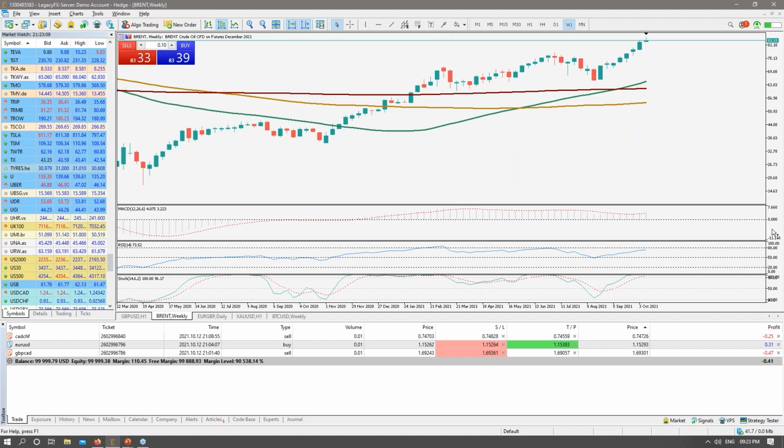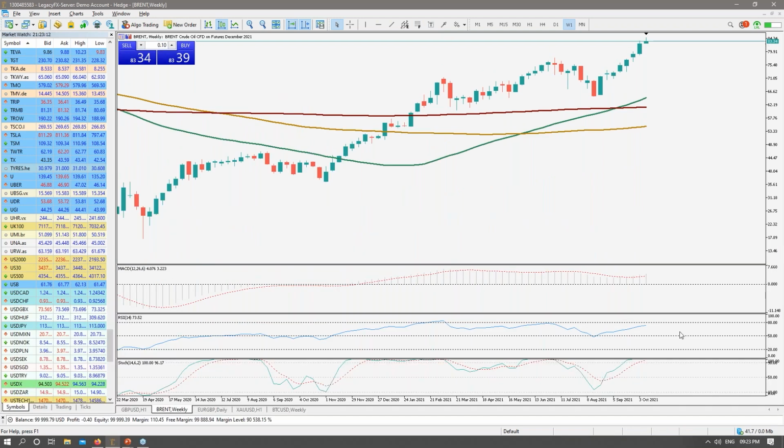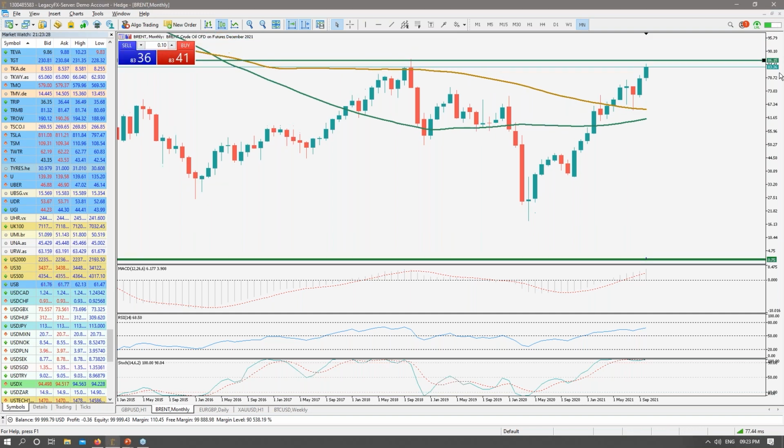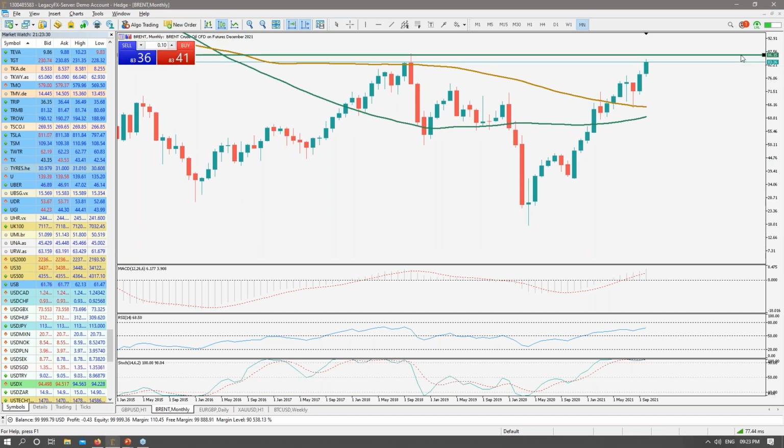Let's take a look at a week, just purely based on the indicators. Well, it's getting to overbought levels. Let's take a look at a month. Oh, that's why it's overbought. Previous high. There's probably a bunch of pending sell orders right about there. What price level is that? 86? Yeah, so at 86 sharp,